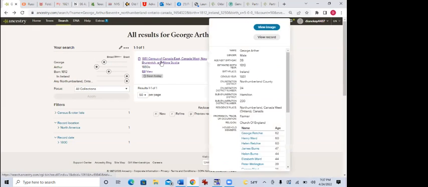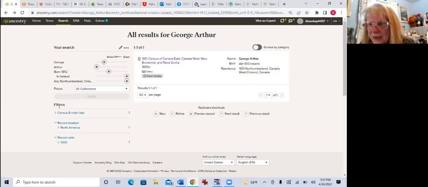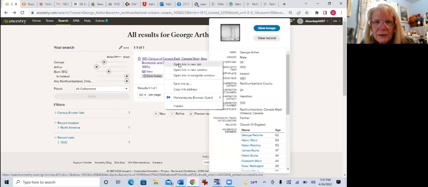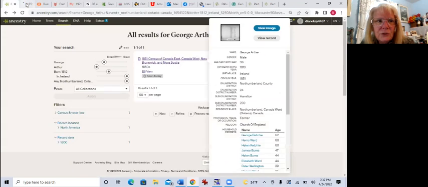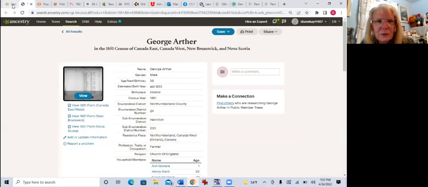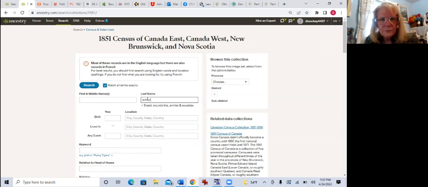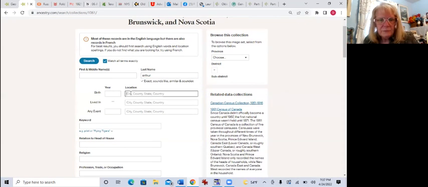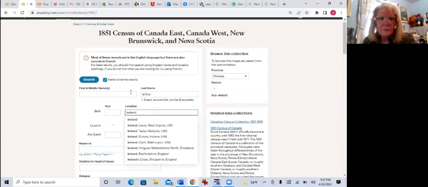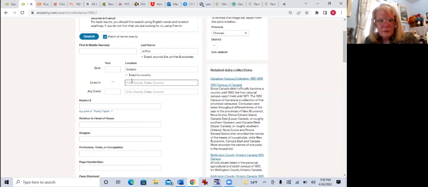So one thing, this is just a side note from Premium Sites, but one thing that we did today that we think is going to help is that I took this 1851 census. I just did a right click and brought it over. So I have two places now. I don't lose George over here, and I want to look over here. And so what I did is I went to this 1851 census. I typed in the last name of Arthur. I typed in Ireland, and I lived in